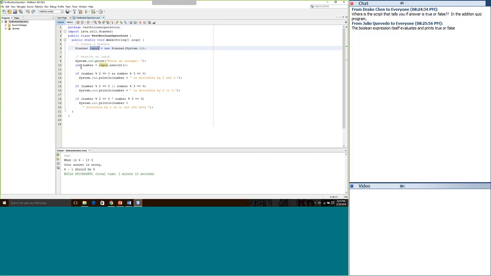The console operator will enter a number, an integer of some sort. First thing that happens here is we're going to take that number, whatever it may be, and do a modulus 2 on it and ask, is it equivalent to 0? And is the number modulus 3 equivalent to 0?